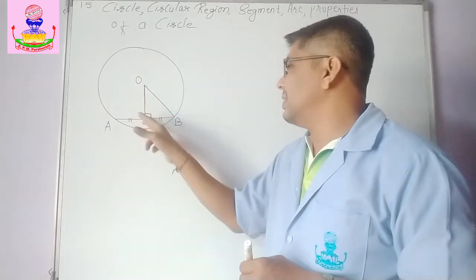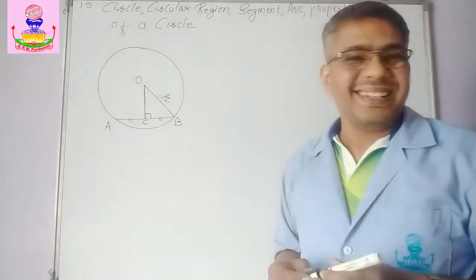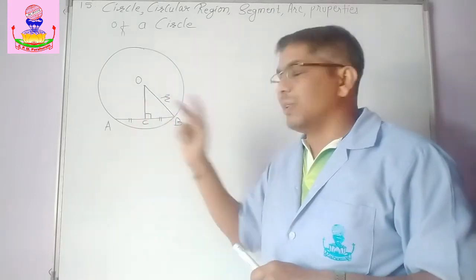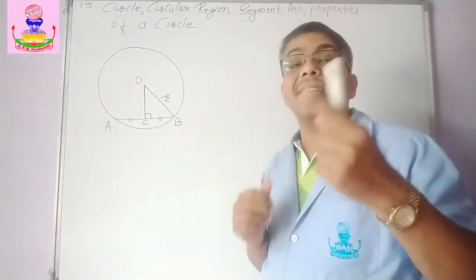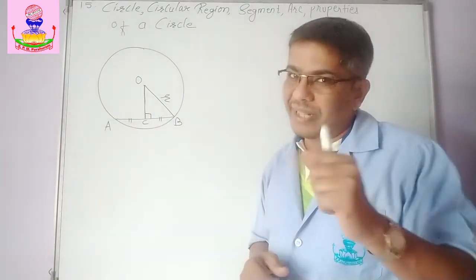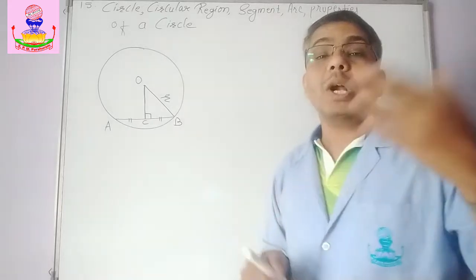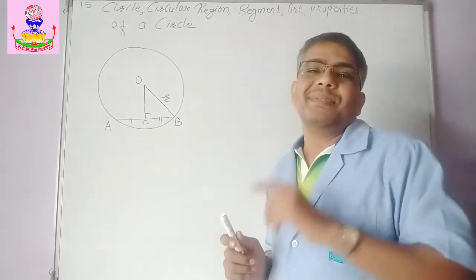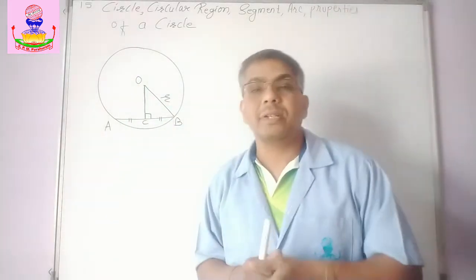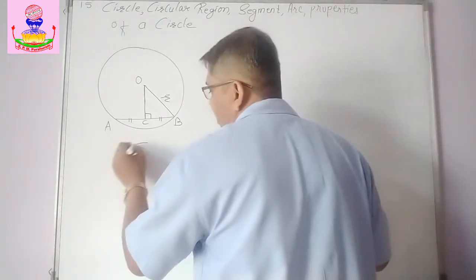So if I know this length, I can find the radius of the circle. This is what? The radius of the circle, right? One more thing. If I know the radius and the distance of the chord from the center of the circle, I can find the length of the chord, because I get this, I can double it, and I get the length of the chord. Do you get it? Or suppose the radius is given, I can find at what distance the chord is from the center of the circle by finding out this. So the perpendicular drawn from the center of the circle on the chord bisects the chord.